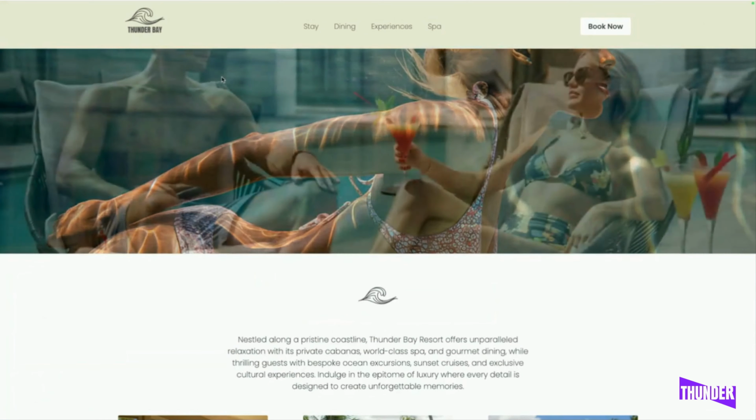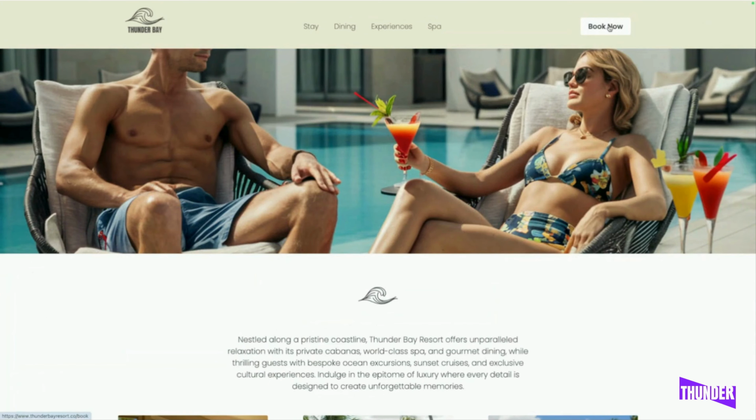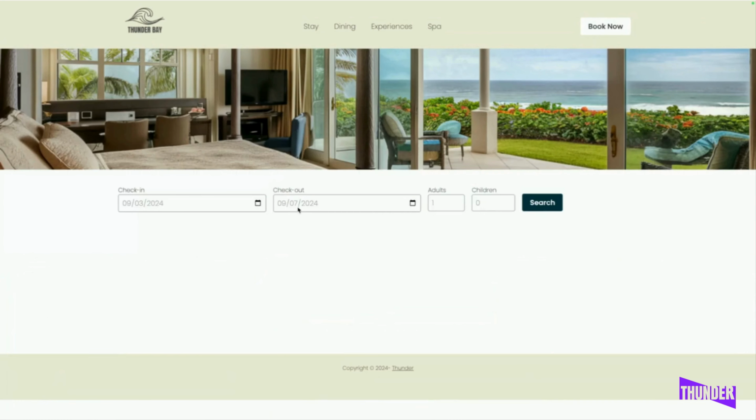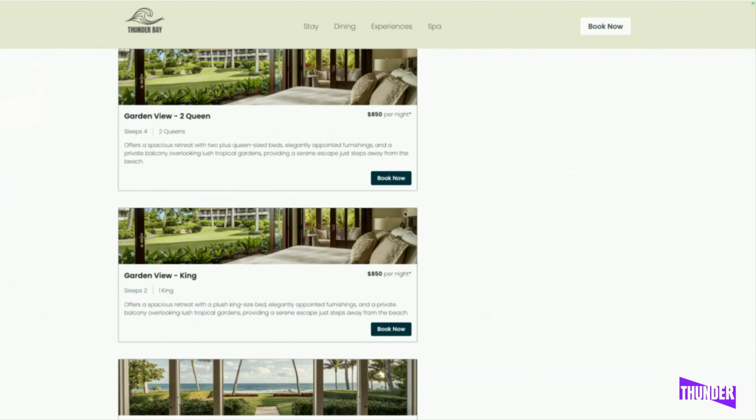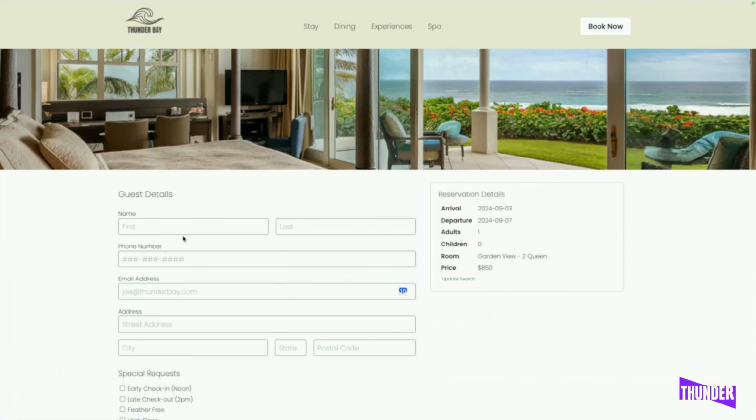Edward comes out to the Thunder Bay website and he decides, yep, I love this property. I want to go ahead and book another trip. I'm going to go ahead and start today, from today to tomorrow. Let's look for some rooms. Sees a couple of rooms, sees the queen room, the king room. This looks great. Let's go ahead and book the king room. And we'll log in as Edward